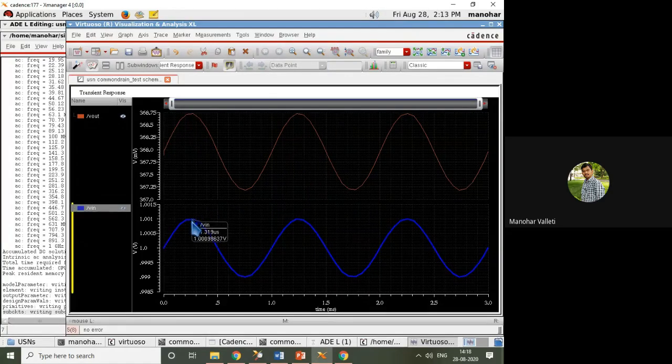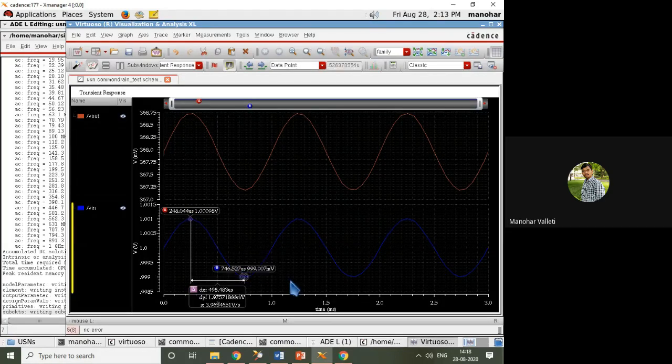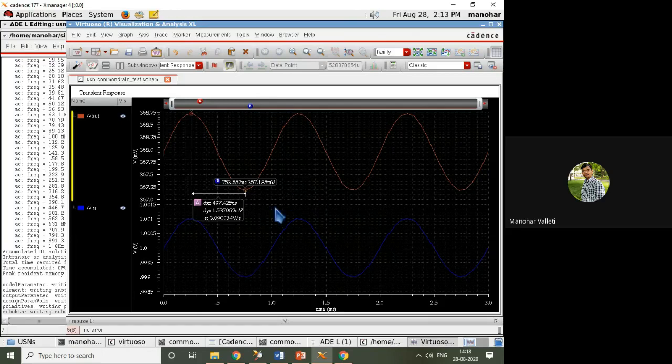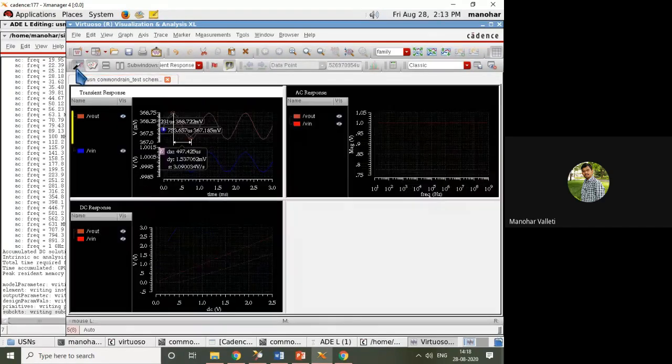So you just want to measure the input: pressing A from the keyboard, pressing B from the keyboard. You see 1.9757 millivolts is the input. So you need to get the output less than that, 1.97 less than that. Press A here, press B here, you will get 1.53 millivolts. Means you're getting proper common drain amplifier output.